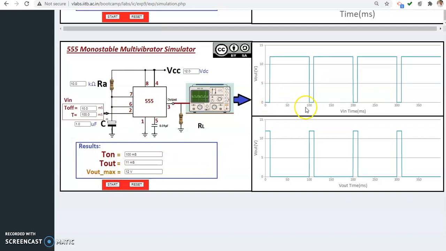Yes, my off is totally 10. 10 off, then 80 is... sorry, 10 is off means 90 is on. So this is on, the total is 100. So this is about the input. Okay, what is my output?